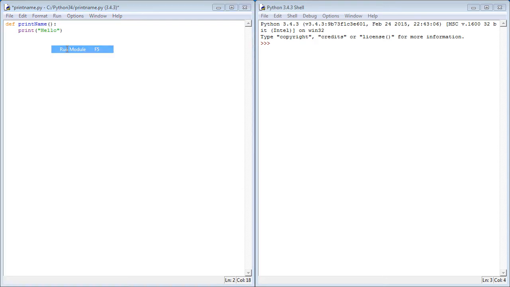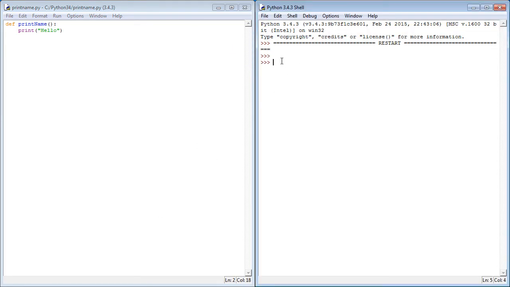So if we give this a run, save it, okay, bring this over here, we can see it has done nothing. And the reason for this is, like I said, we can create a block of code that we can use at a later point, so it won't run the code unless we tell it to. So in order to tell it to, we must